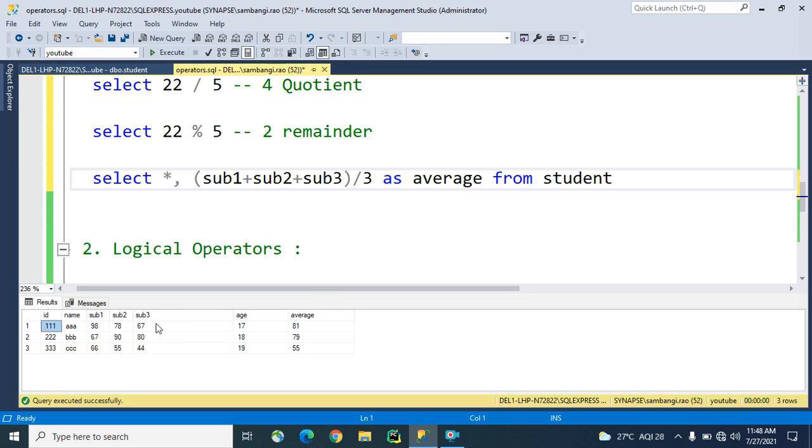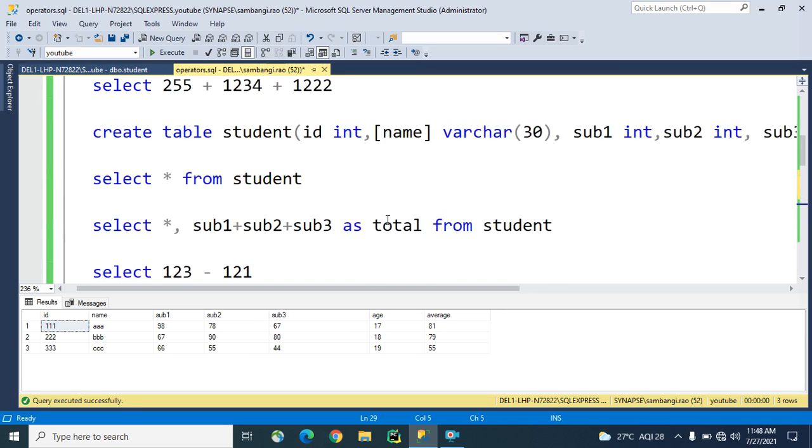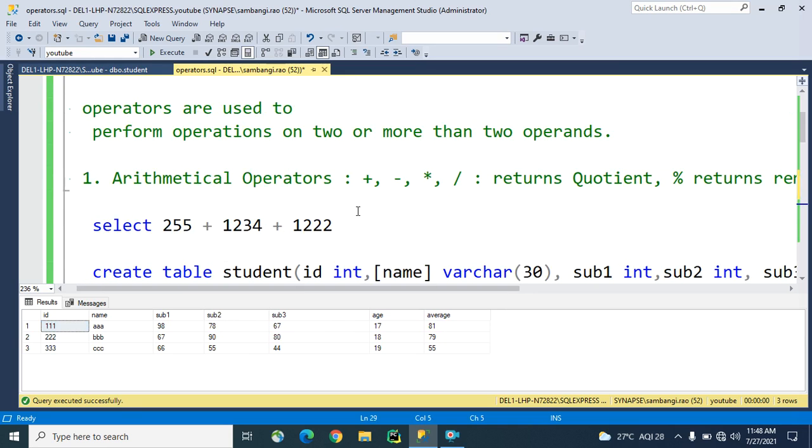Okay, average marks of every student like 81, 79 and 55. Okay guys, this is all for arithmetic operators. You now know about addition, subtraction, multiplication, division and modulo operators in arithmetic operators.